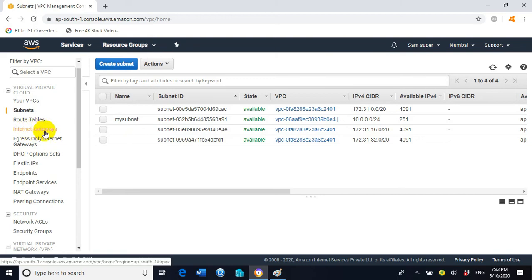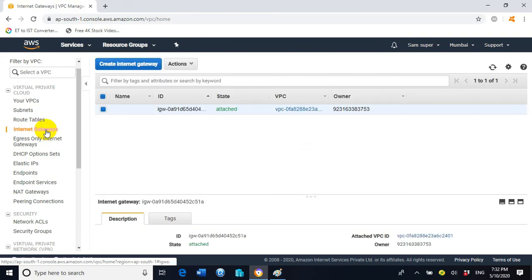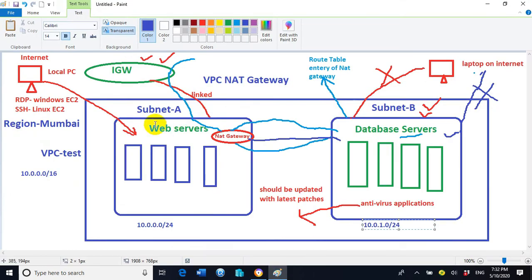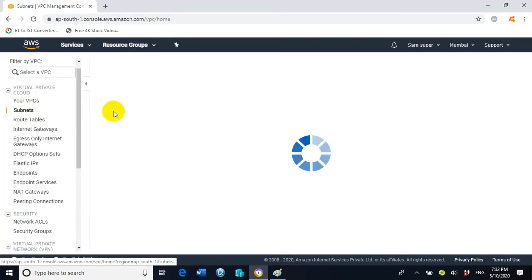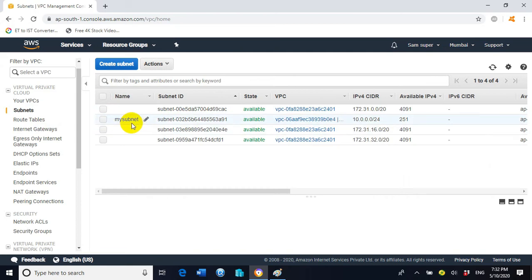So click on internet gateway. In this example I have given the name subnet A, but inside the portal I have given the name my subnet.